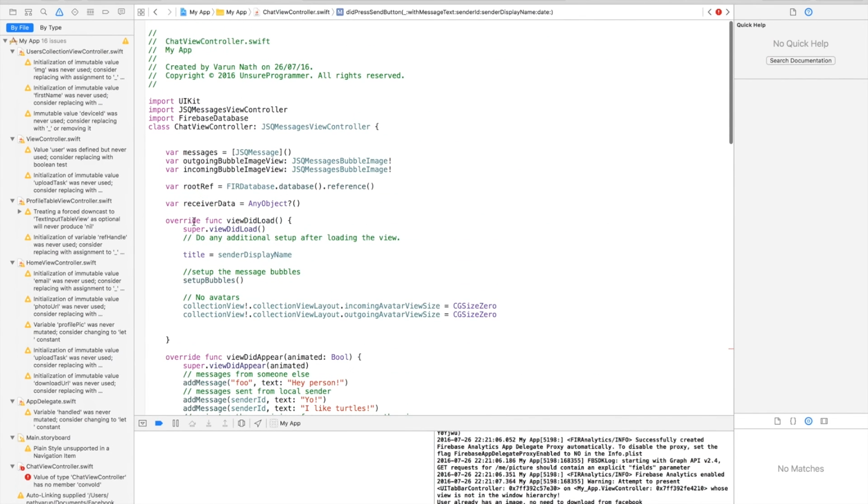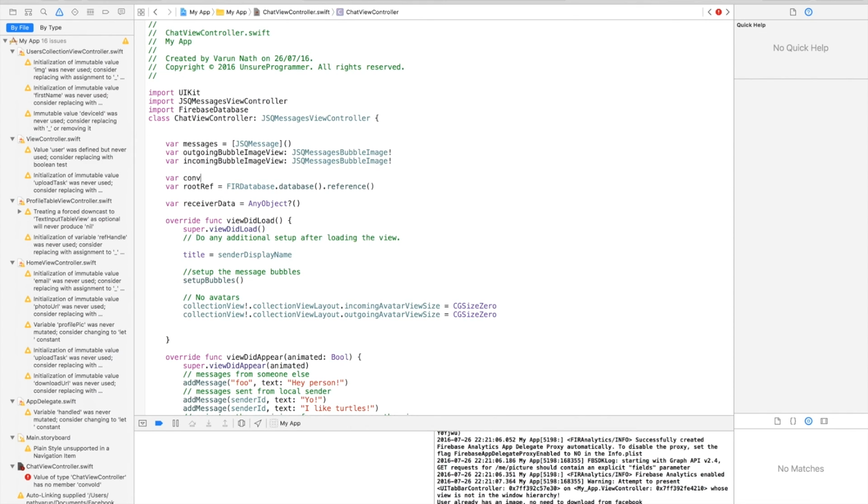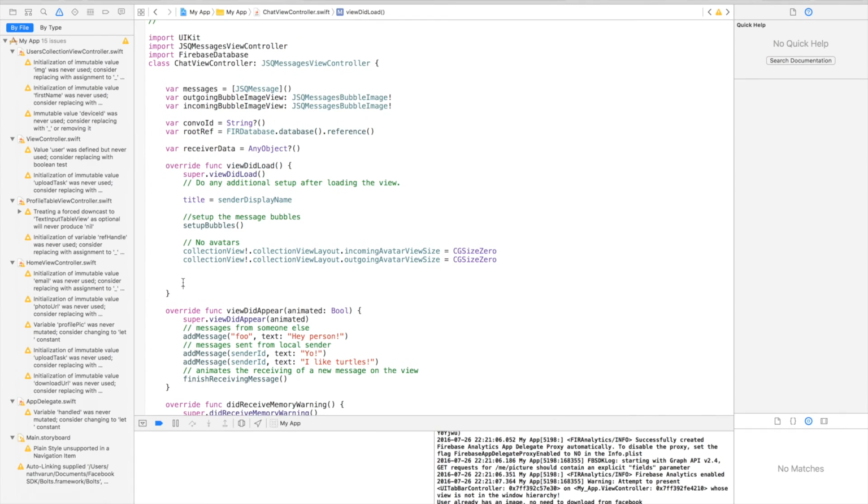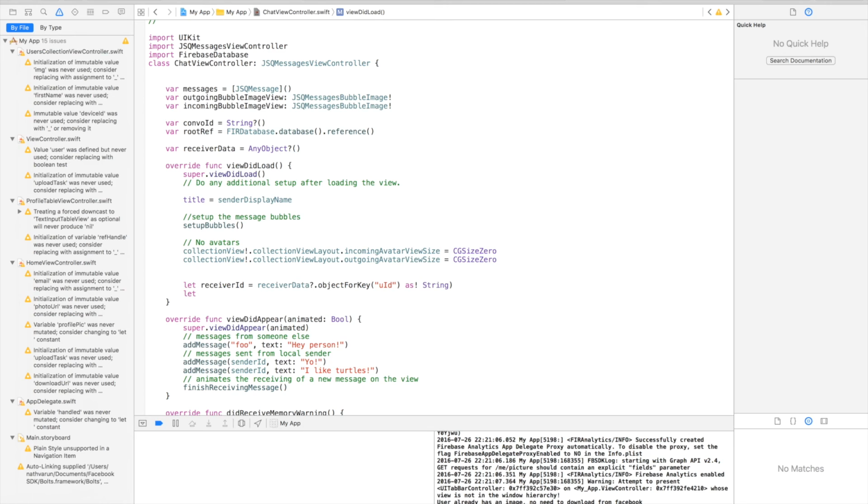So coming up to the top here, we need to declare a variable called convoID of type String. And what we'll set the convoID to is basically in the viewDidLoad, we'll set it as a combination of the receiver's UID and the sender's UID, so that it's unique to only those two users. So let's do that. Let receiverID equal to, remember we had passed in receiver data from our users collection view controller, dot object for key UID as string, and because using the whole UID is going to make it very long, let's just take the first 5 characters of the UID. So let's say let receiverID5 equal to